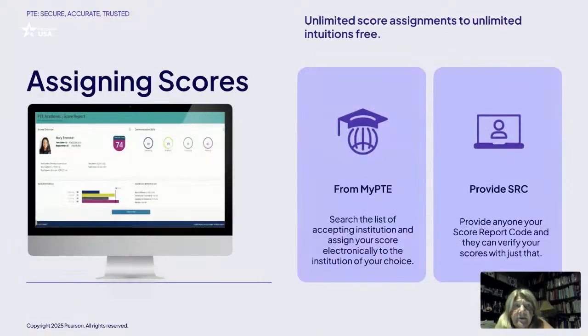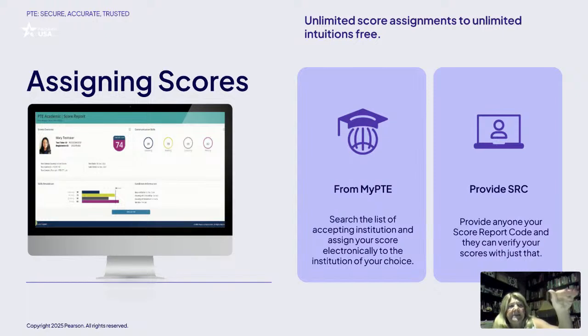So, assigning scores. What's important is that after you receive your score, you go back to the Pearson site, and you will have a drop-down box with all the schools that accept PTE, schools you will have looked at before. What you do then is just assign your score to that school.